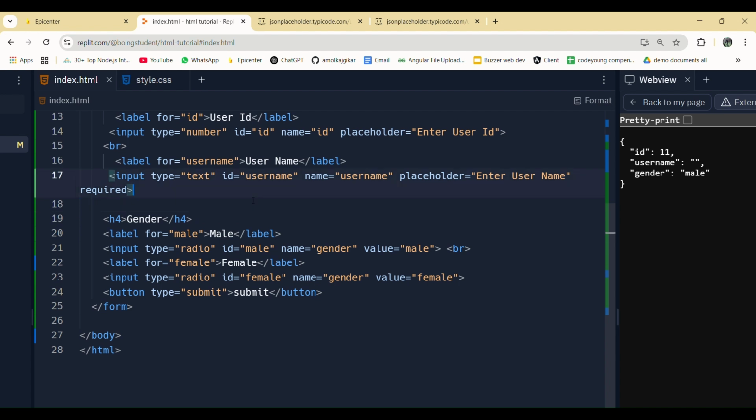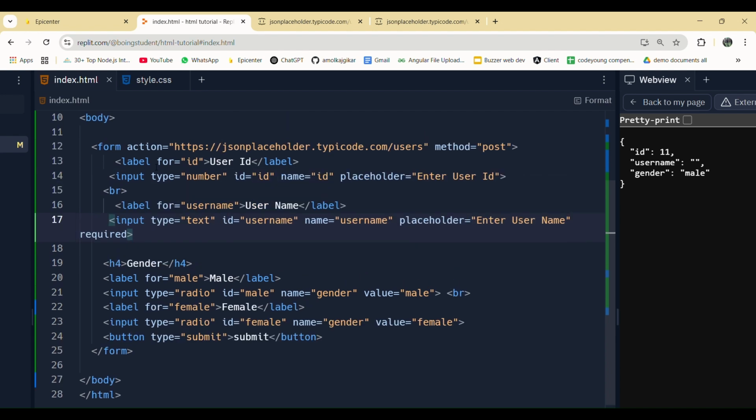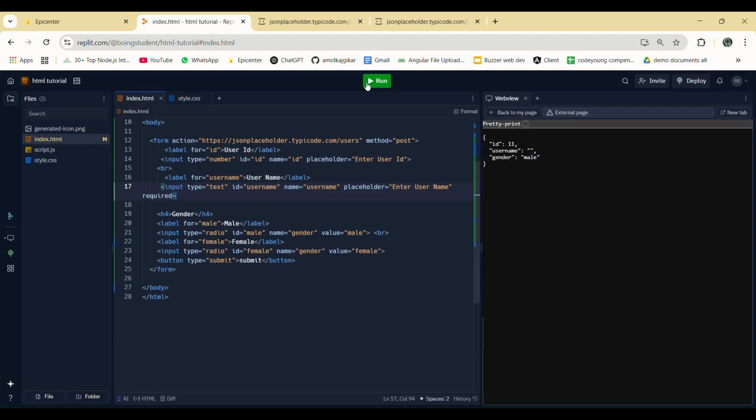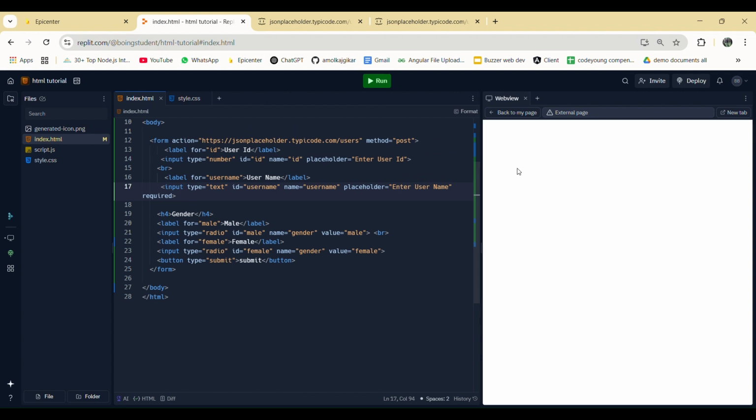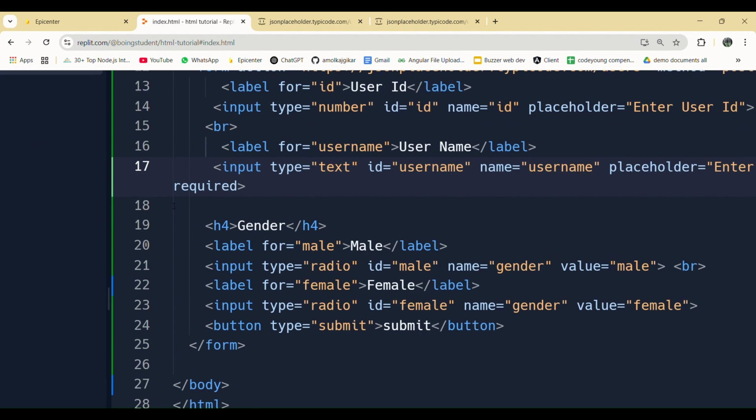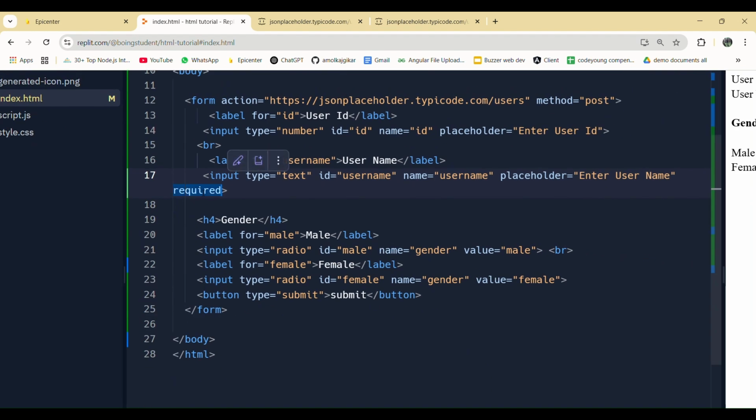And it will give us a message. Okay, let's see. So I'm trying to click on the submit button and see I'm getting this warning over here which says please fill out this field. Without filling this field, it won't let me move forward, right? So there are different kinds of constraints that we can keep. We got required, we got max length, min length, right? Minimum, maximum. We can put a pattern over there, a regex pattern, a regular expression, right? Yeah, this is the basics.